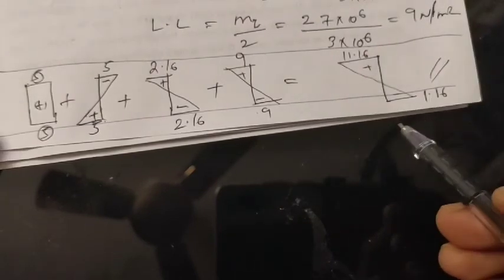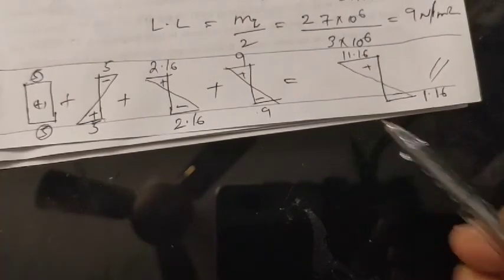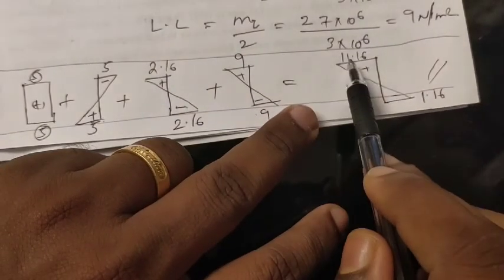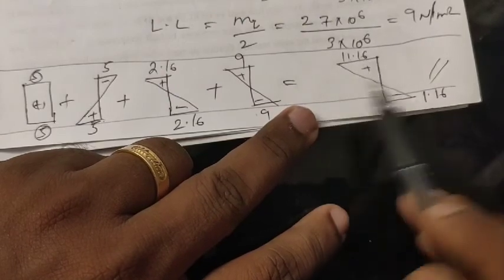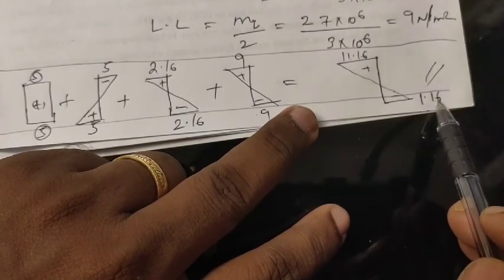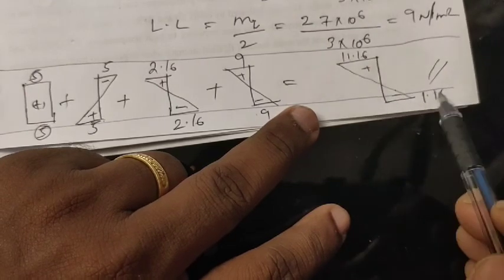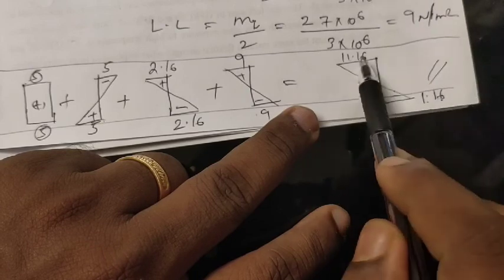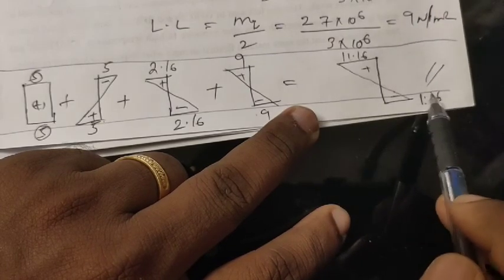If any question is asked, what is the maximum working stress? This is the maximum stress, but the maximum working stress means the maximum allowable stress. Above this stress, it will go to failure. So the maximum working stress is this minimum value, not this one. So please note this point too.